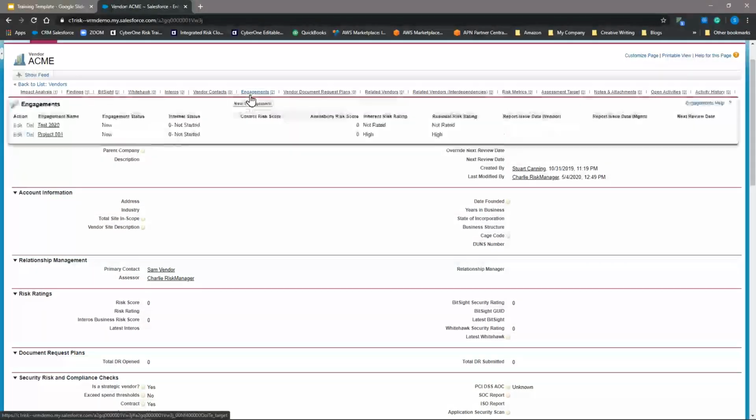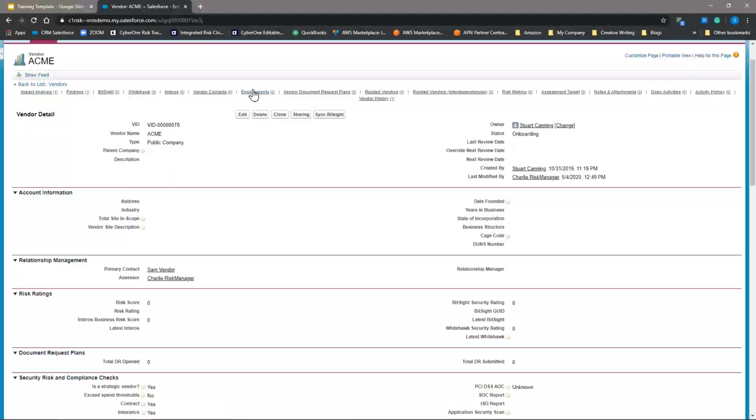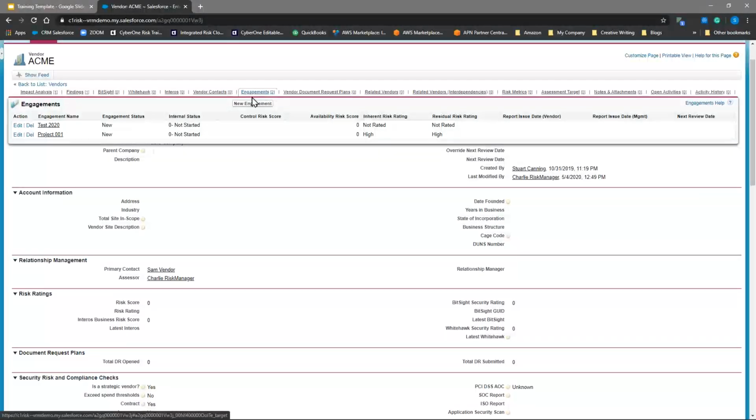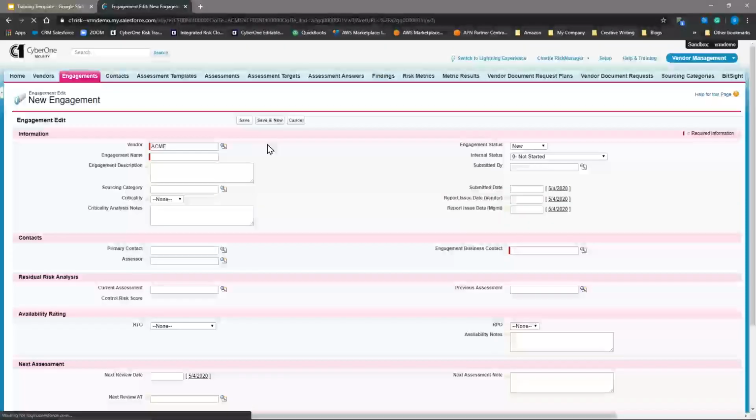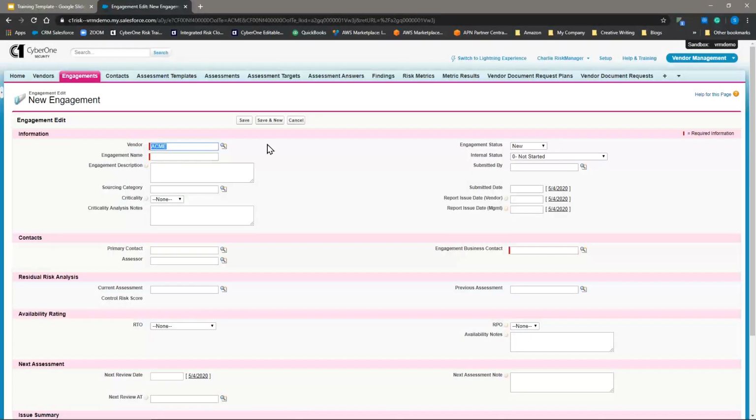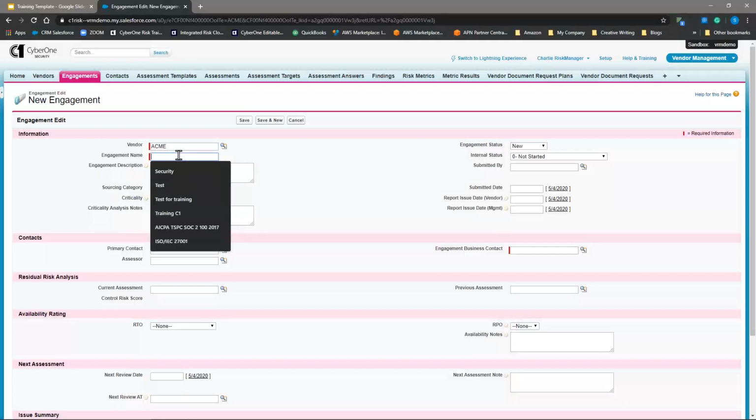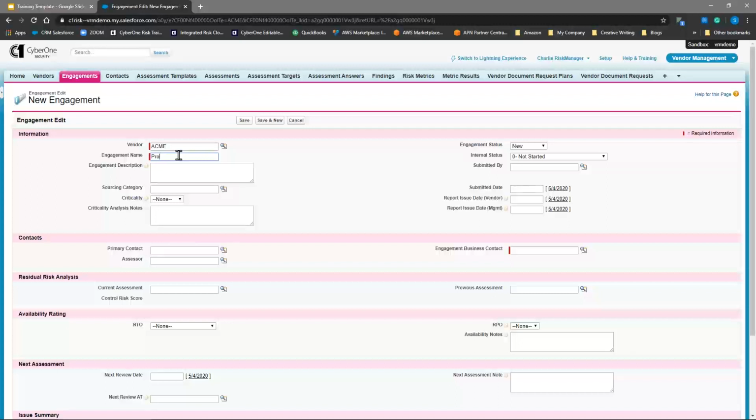And again, if we go to our links menu, you can see that we've got a couple of engagements that we've already added here. Or we can start a new engagement. And again, an engagement is the actual project or partnership that we're engaging in with the vendor, the specific tasks that they're going to complete. So we just populate this record. We can put in the description, and we can estimate the criticality if we so desire. And we can put notes as to why